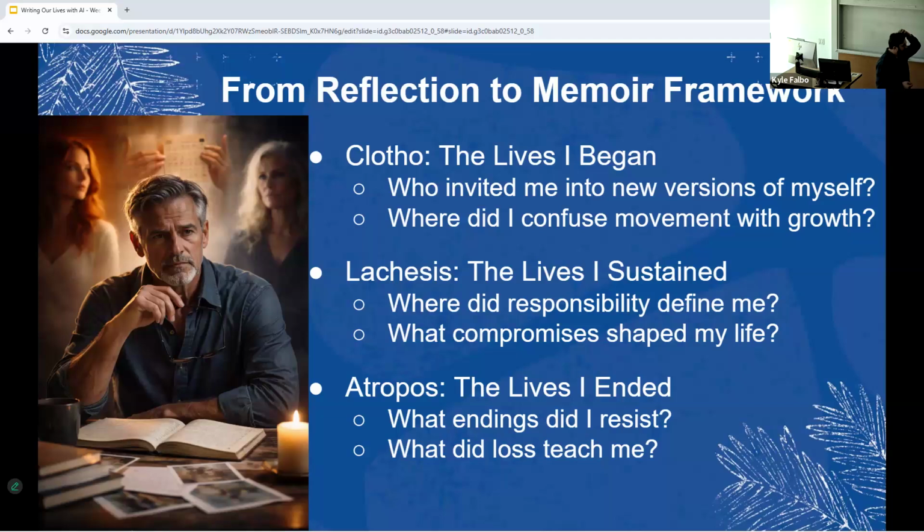The lives I sustained: where did responsibility define me? What compromises shaped my life? And then the lives I ended: what endings did I resist? What did loss teach me? These are all amazing writing prompts, right? And now they're being tied into this three fates structure that can help me with a storytelling arc, if that's the one I'm choosing to work in, right?